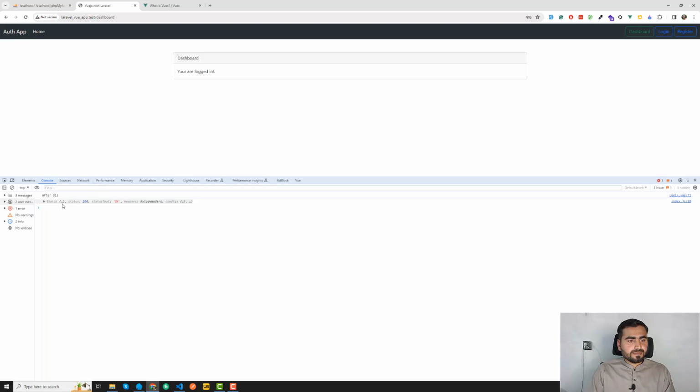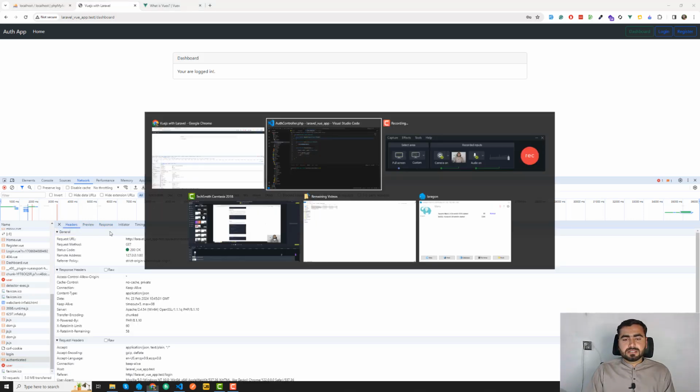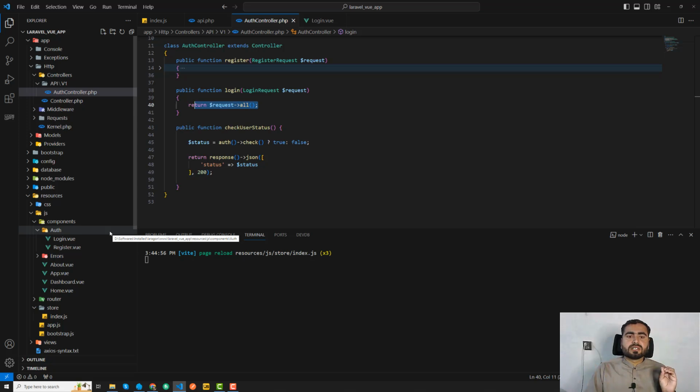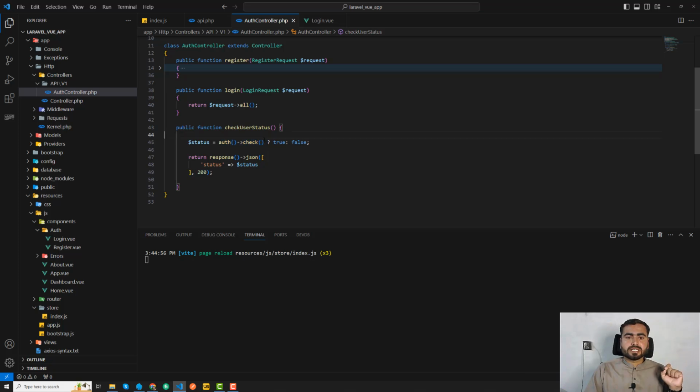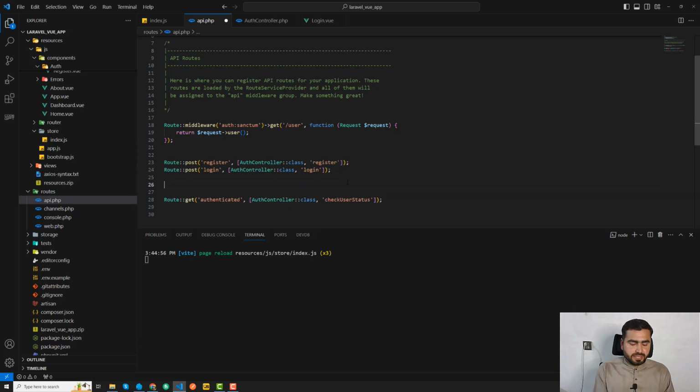Just click on this login, and here you got the response, and the request status is false, right? You can see here that its status is false, right? And you can see this in the authenticated, here, status false, right? And we are now getting that our user status is false, right? So how are we checking this? We are checking this using this auth check. Still you can use this method to check whether our user is logged in or not. Sanctum is checking whether this user is logged in, and you need to also specify this in the middleware, right? Let's say not the middleware, because we are checking the state here, that is, whether it is authenticated or not. Okay,